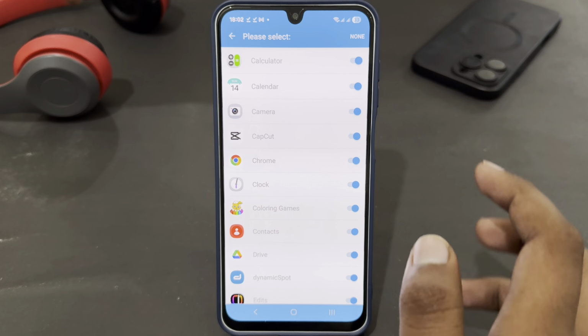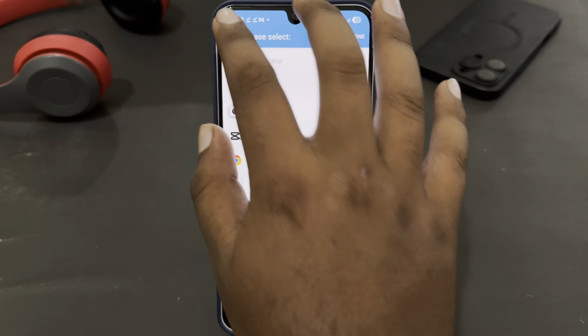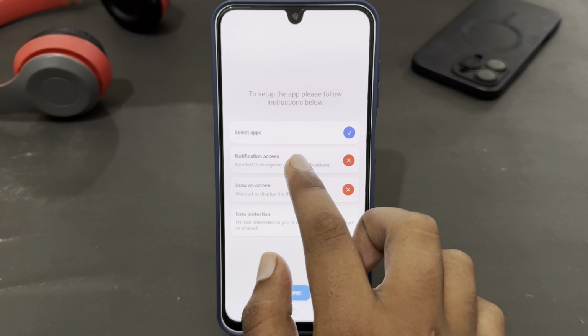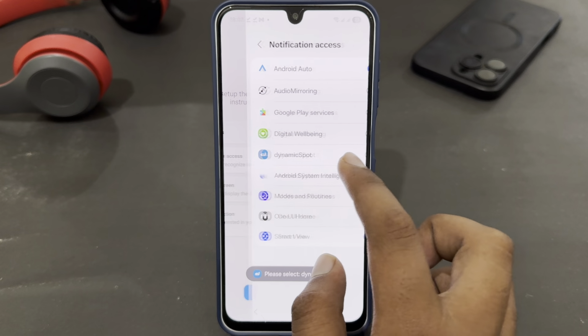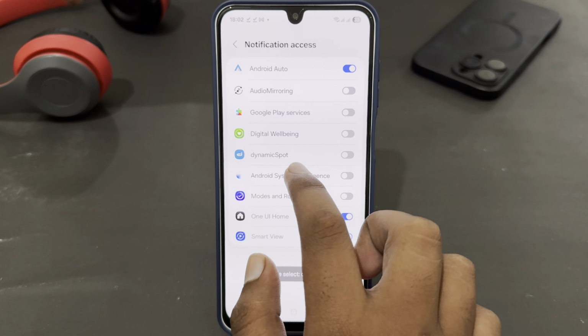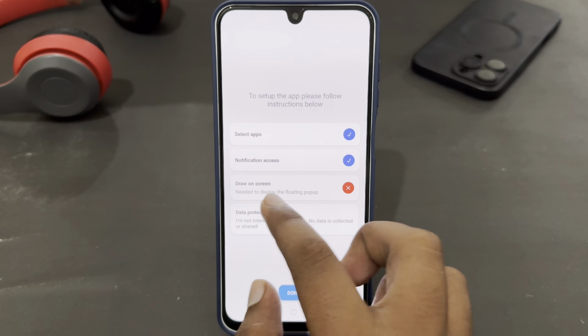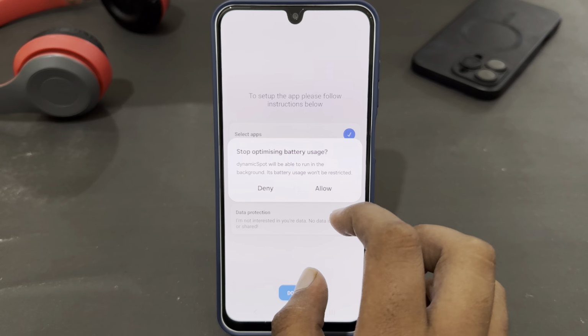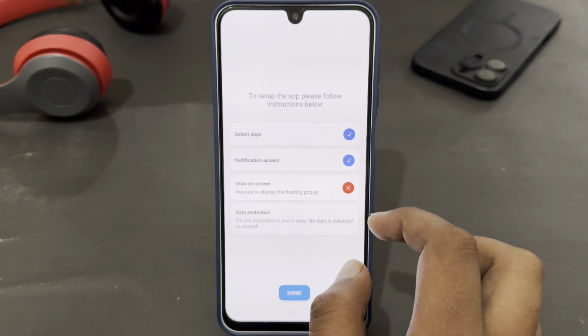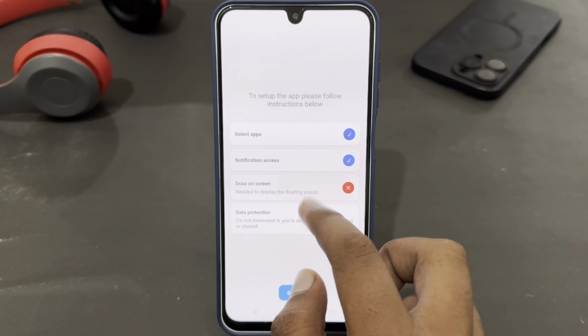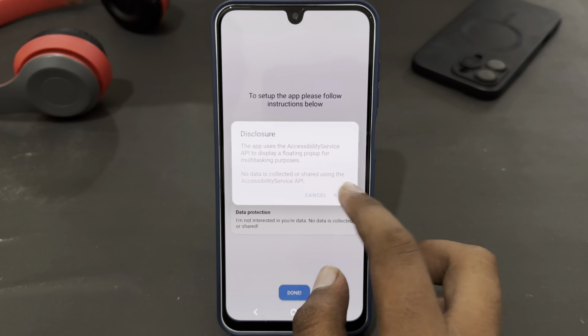Just tap on this all option, then go back, and here just select notification access, and here you must select dynamicSpot and enable that. Just tap on allow, then tap on draw on screen, then tap on allow option, and here just tap on next,